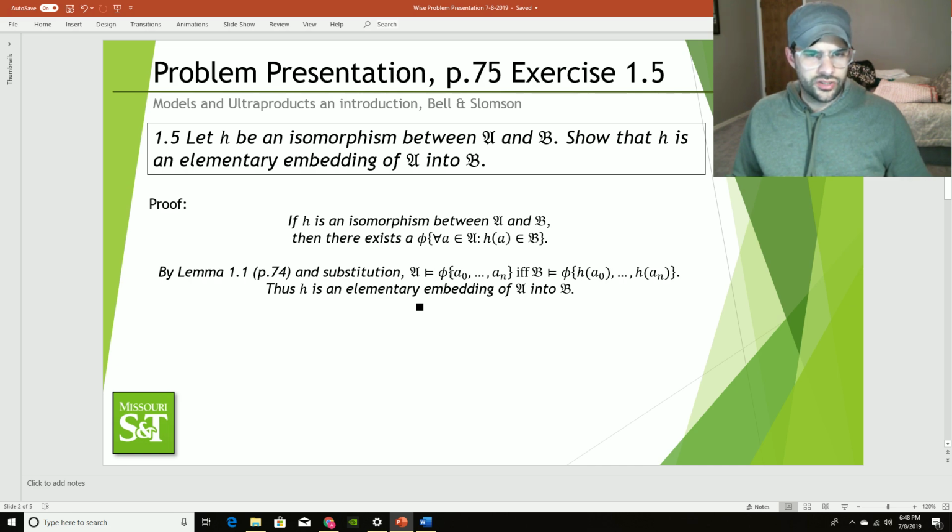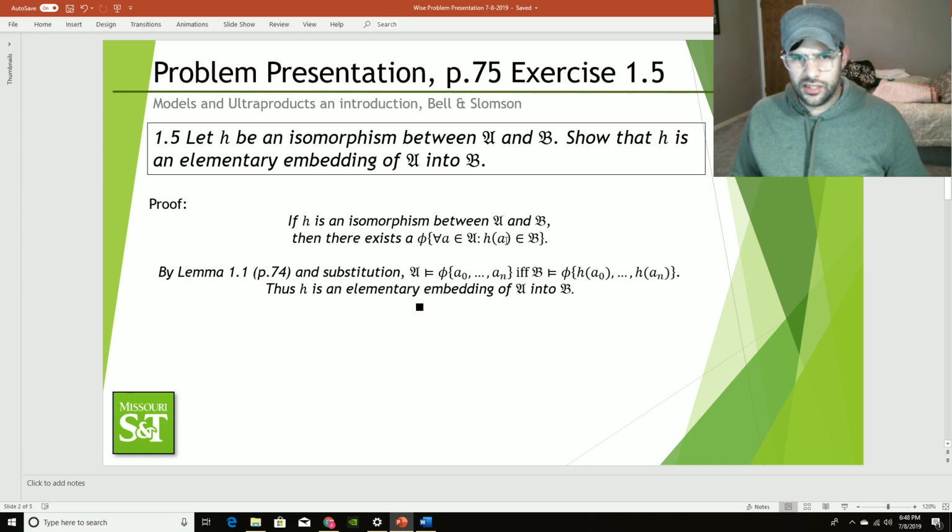Actually in the book it's called sigma, but if you substitute this phi in here, then you're saying that for every phi that has a0 all the way through an, all the a's affected by phi, if and only if B has those same phis,